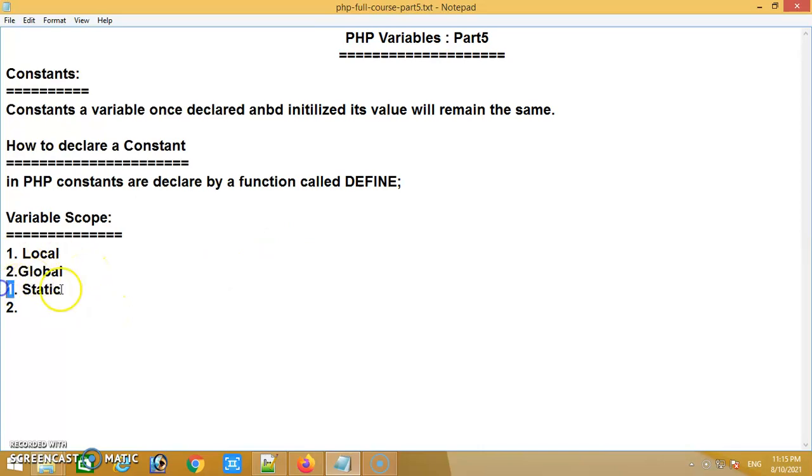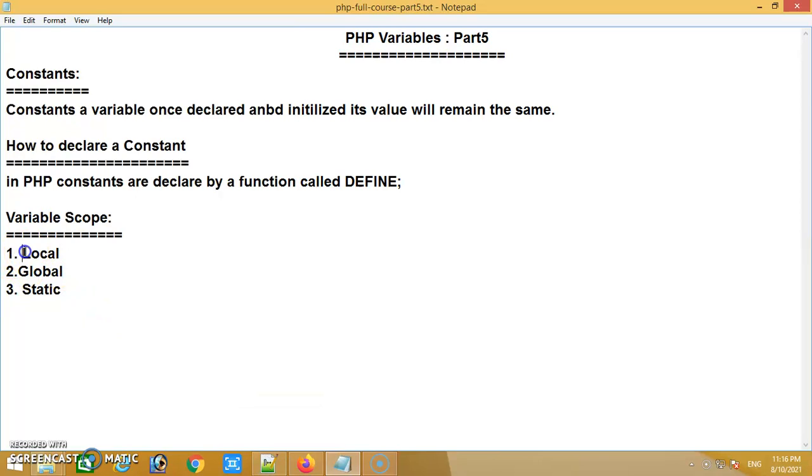There are three types of variable scope, and these are very important. First is local, second is global, and third is static. We'll discuss each variable scope one by one. So what is local variable scope?